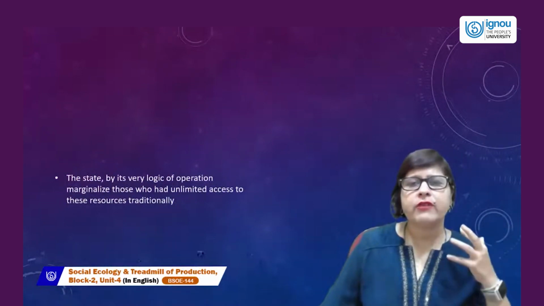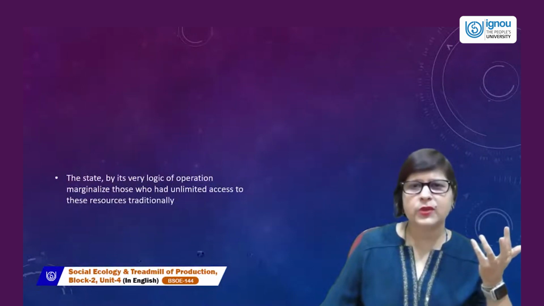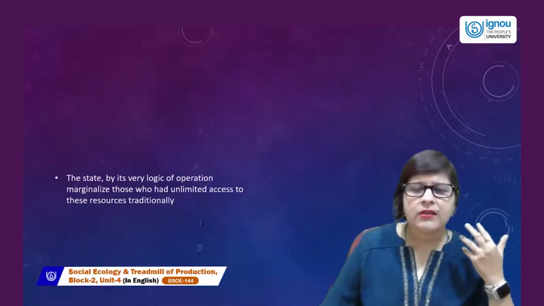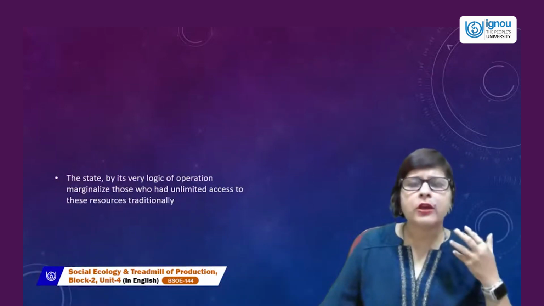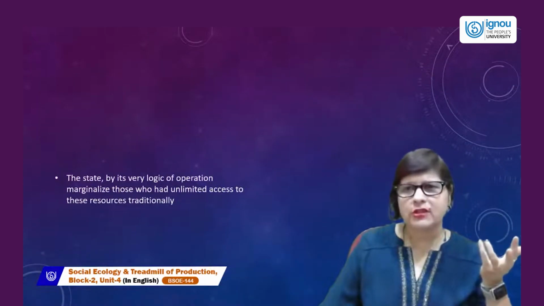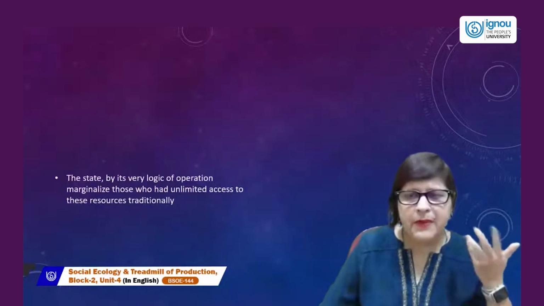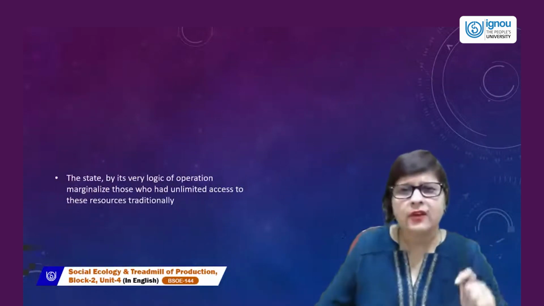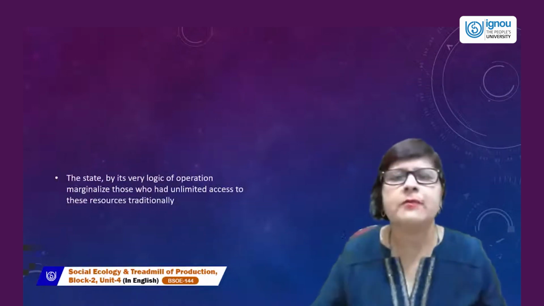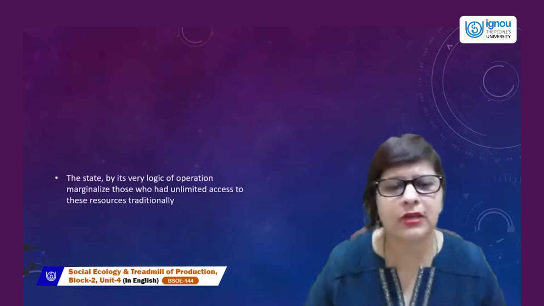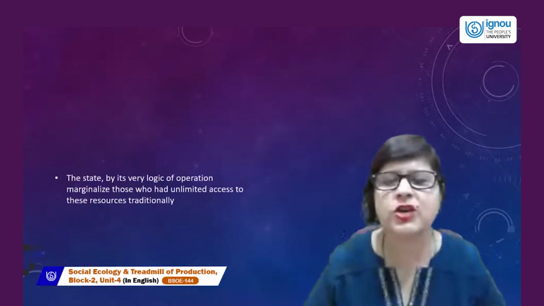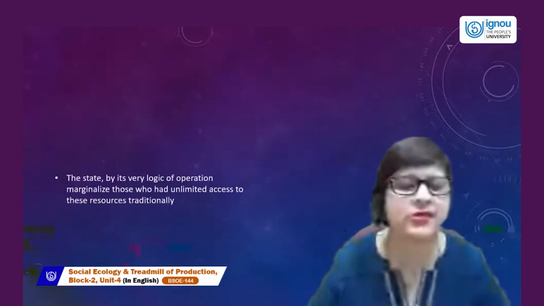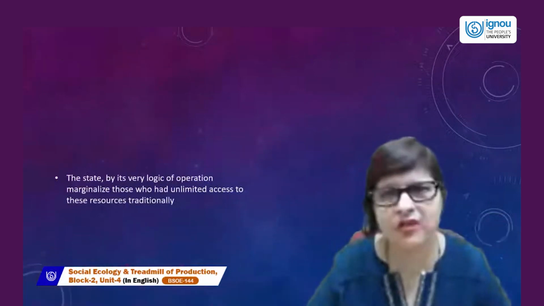And the state has given the rights to these resources to the capitalists, so that they can use them for the economic development of the country. This is one of the basic concerns about ecology in the Indian scenario, because in the name of economic growth, the state has marginalized those, especially the tribal people, who traditionally had unlimited access to these resources,